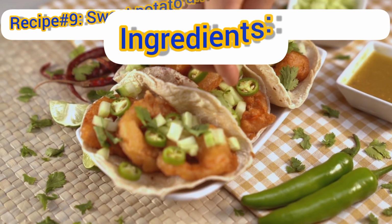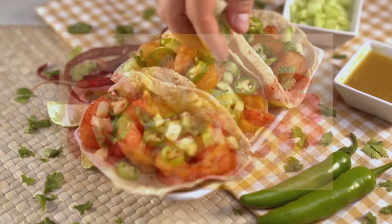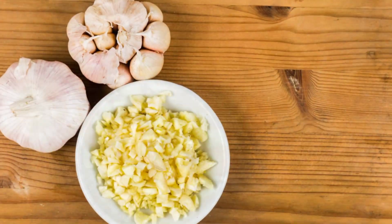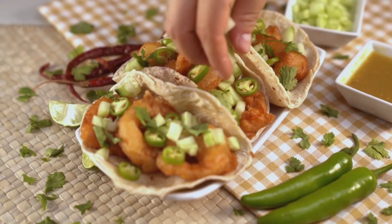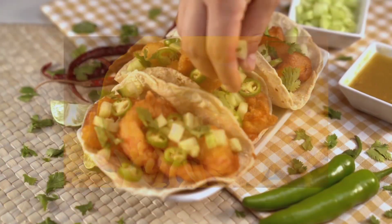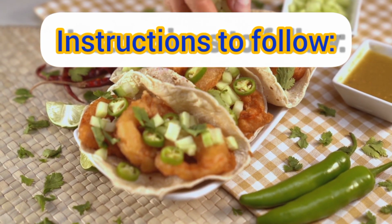The ingredients to use are as follows: 4 small sweet potatoes, peeled and diced; 1 can of black beans, drained and rinsed; 1 red pepper, chopped; 1 yellow onion, chopped; 2 cloves of garlic, minced; 2 tablespoons of olive oil; 1 tablespoon of chili powder; 1 teaspoon of cumin; salt and pepper to taste; 8 whole wheat tortillas; 1 cup of shredded cheddar cheese; 1/4 cup of chopped cilantro. And the instructions to follow are as follows: preheat